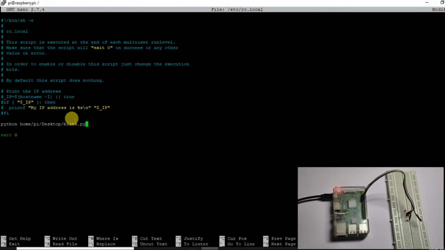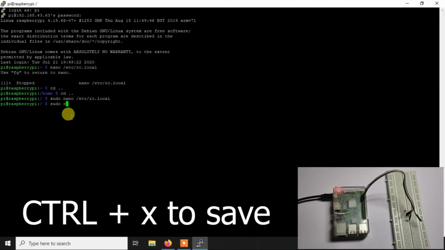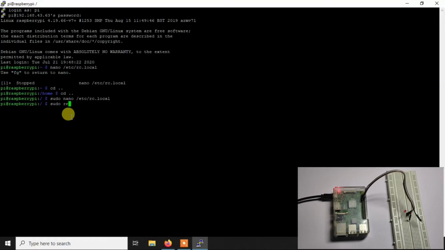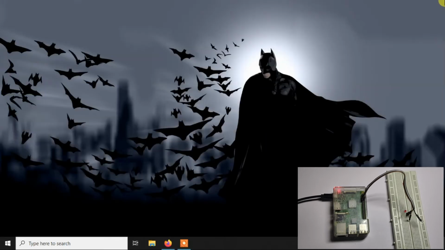And so if we write something like this, and then we just press enter, and now if we do sudo reboot, currently I am not running that LED code, but if I do sudo reboot, you will see the connection is closed. And now next time whenever our Pi boots up, it is automatically going to blink that LED.